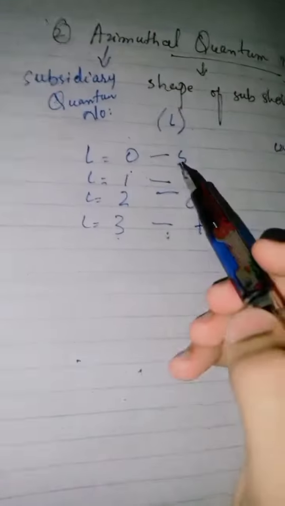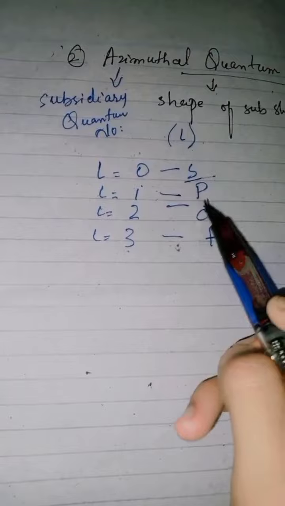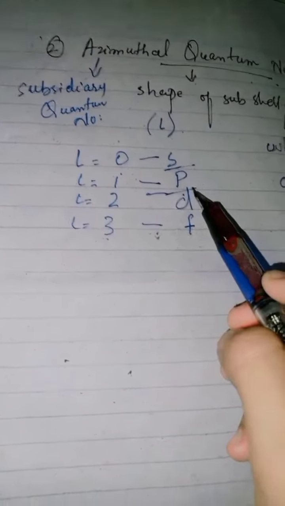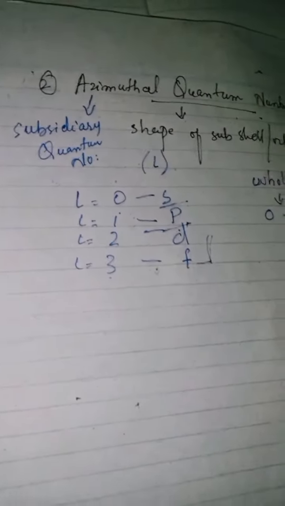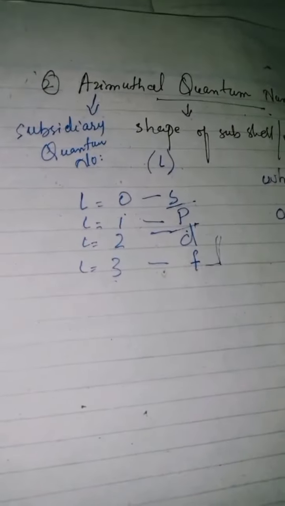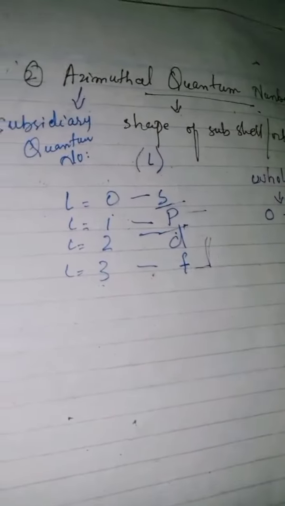Talking about shape, S is spherical, P is dumbbell shaped, and D and F have complex shapes. So here we can say the K shell, the K energy level, contains one sub energy level, that is one subshell, which is called S. Now we have the third